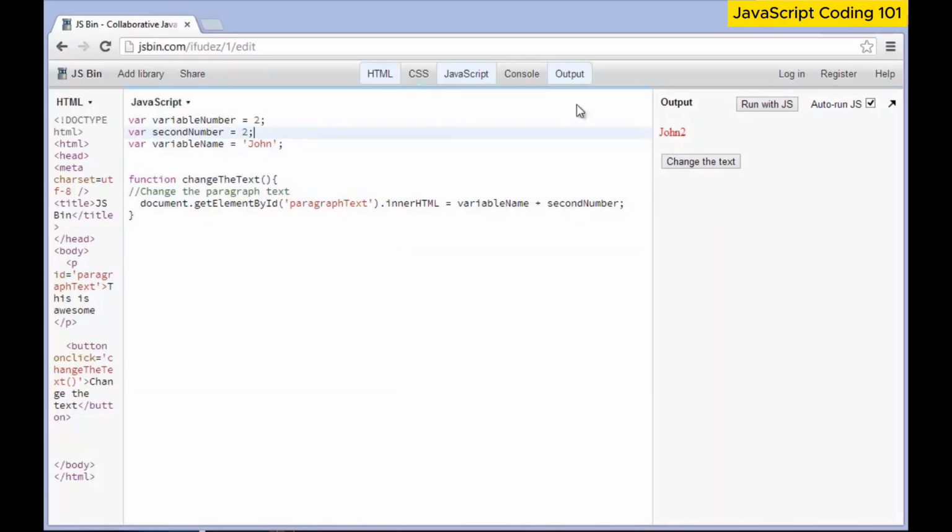Now, you'll also notice that there is no space after John. The reason is that there is no space here. Remember in a couple tutorials ago, I said that spaces are like adding another object, and that's partly true, except for when you have the quotes here. If you have the quotes here, you can put in 10 of these if you want. Doesn't matter. So we're just going to go ahead and push space, and you can see that it says John